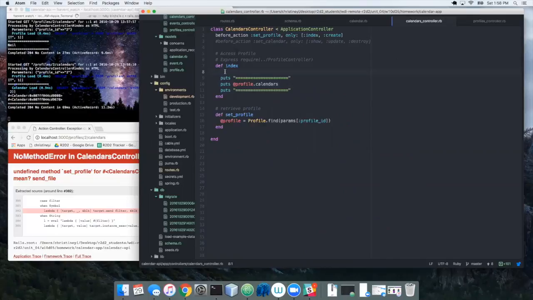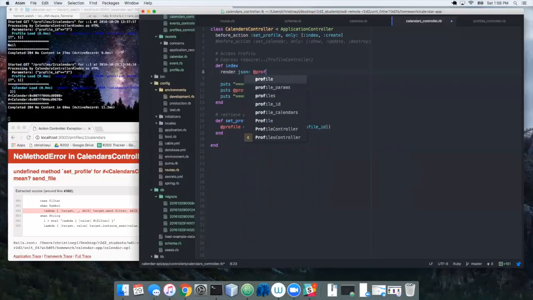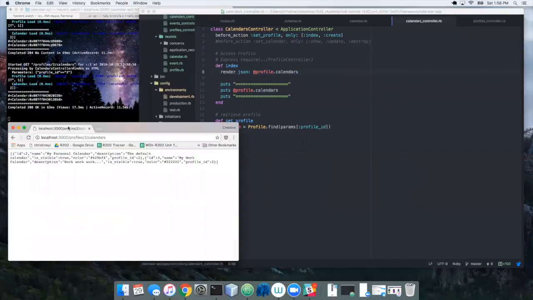So before you write any hard-coded stuff, console log stuff, make sure you're able to access values and things like that. I put these equal signs because you can see it's so hard to find anything, and the more flags I have on it, the easier it is to find. So just to wrap things up, I'm getting this error because I'm not actually sending anything. This is all just console messages. So let's render a JSON object, and what is it going to be? Well, looks like we could just send this guy over. So let's refresh the page here, and there we go. I now have profile at number 2 and all their calendars and our console